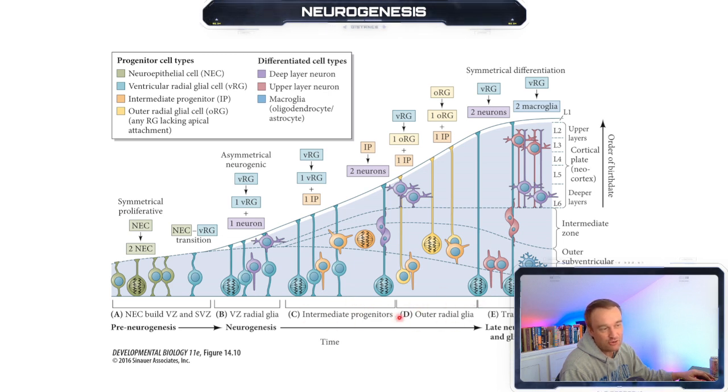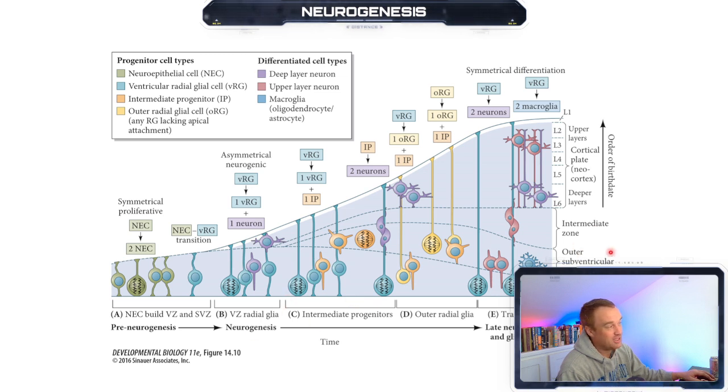Then we have these outer radial glial cells, which is even later in neurogenesis, and that's where these radial glial cells can form the outer radial glial cells and one intermediate progenitor. The outer radial glial cells can make, asymmetrically, another outer radial glial cell and one intermediate progenitor, etc. And so as you can see, as time progresses, we get more and more layers where during